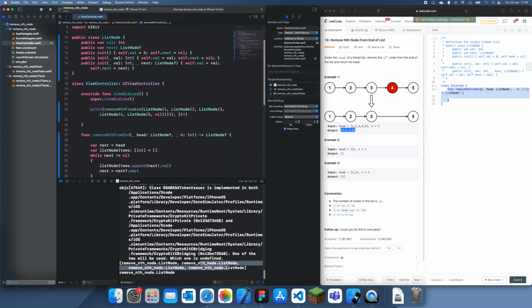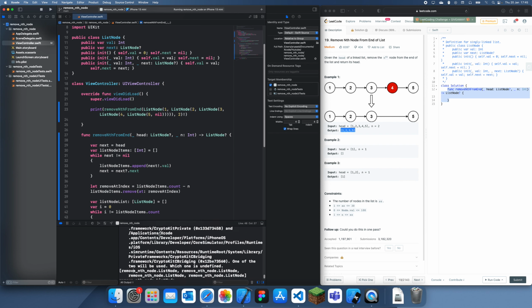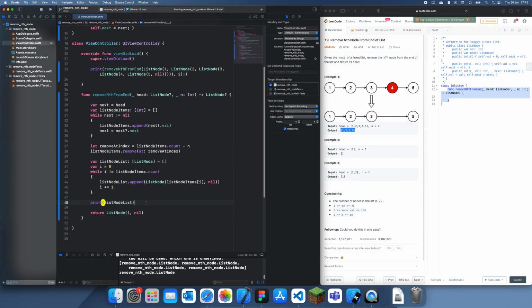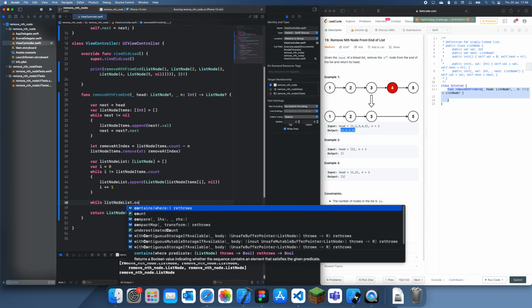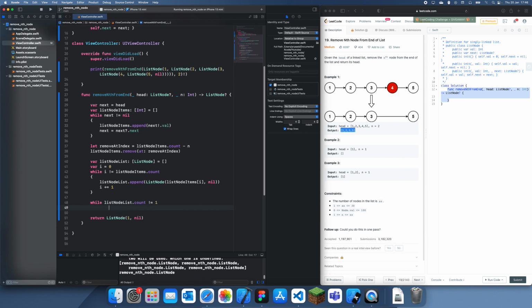Okay, remove nth node, list node. I mean, there's 4 values, so I'm assuming it's the right thing, but you aren't going to be able to see them. But yeah, okay, so once you've done that, we can just merge them. To merge them, all we have to do is loop through until this count is only 1. So while list node list dot count is not equal to 1, now we have to get the last index, which is going to be